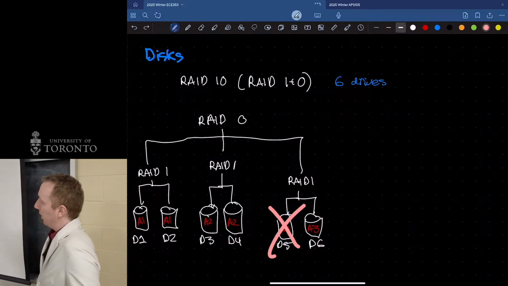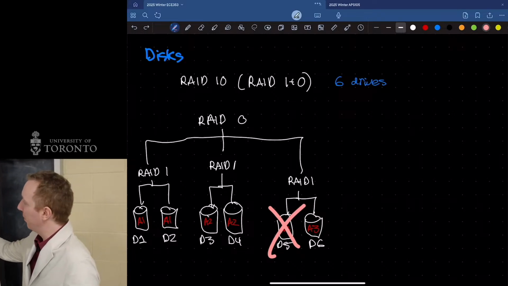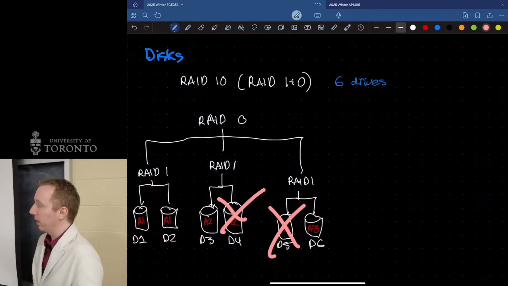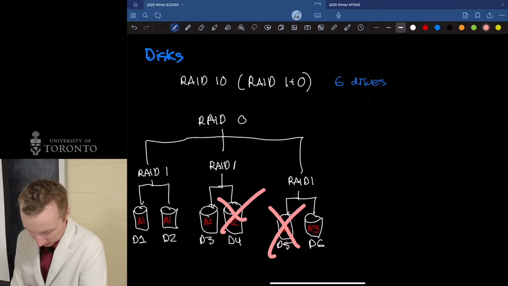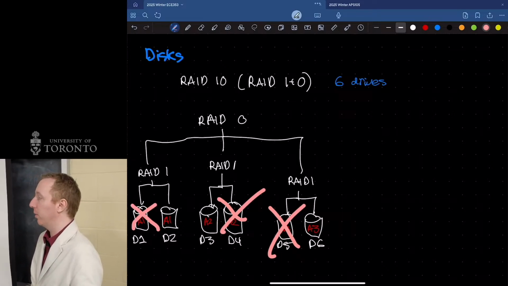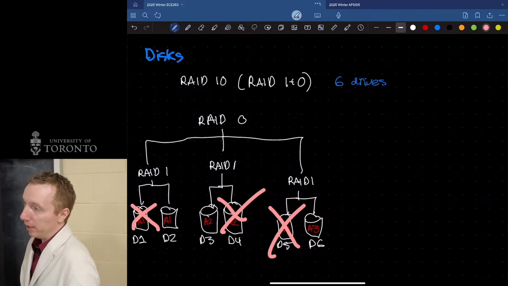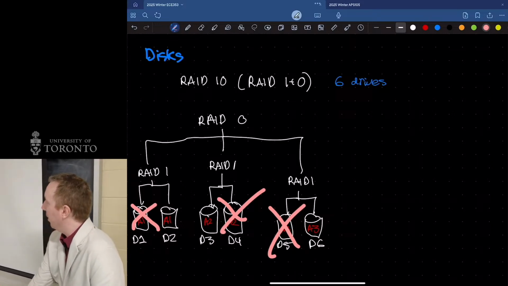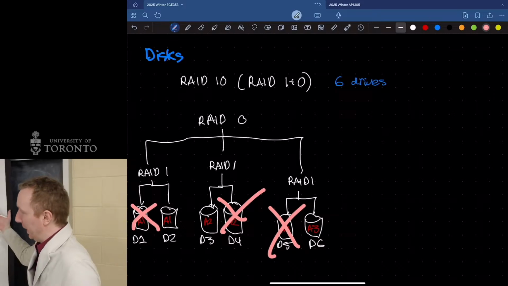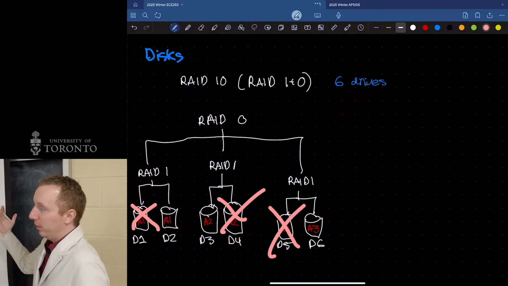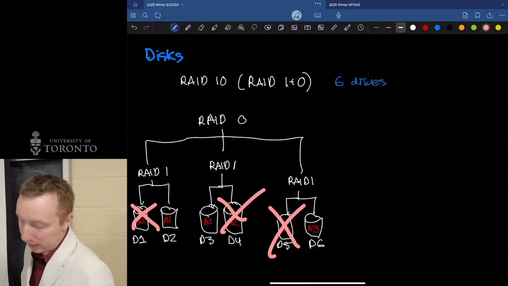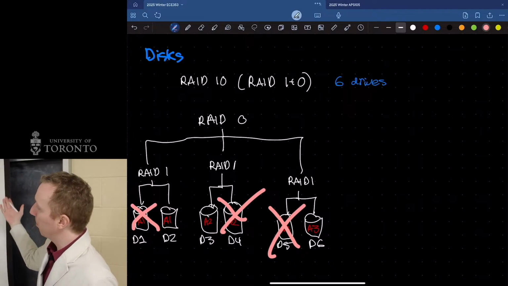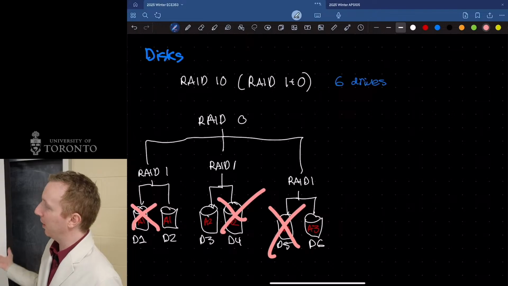Okay, that's the worst case. What's the best case? If I take out another one of a different pair, I could take out this one and I don't lose data, since I still have a copy of A3. And I could take out this one and don't lose data, since I can take out a copy of A1. So in the best case, I can lose 3 disks without losing data, but that's not guaranteed. Worst case, I can only lose a single disk if I'm unlucky. But if you want to play the lottery, you can do something like this. If I have more pairs, I'm more likely not to take out a partner, so it gets better and better.